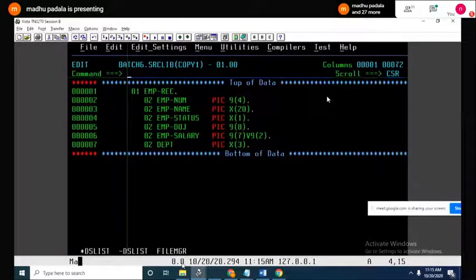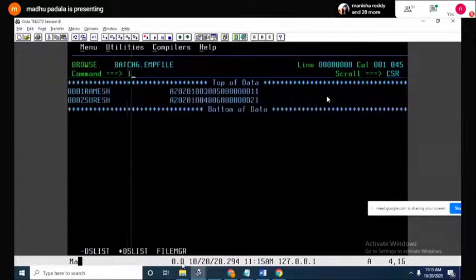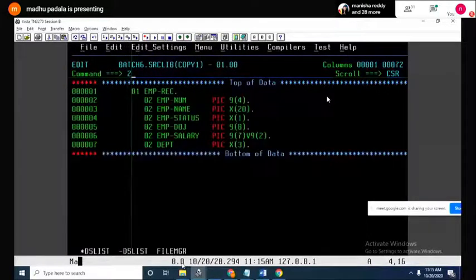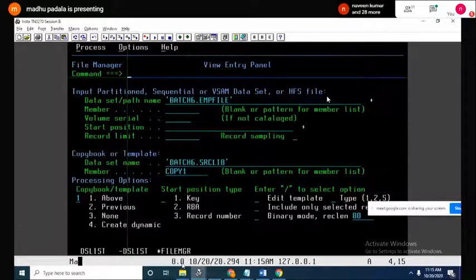So now I'm taking you to file manager where I show this file using this structure. So let me go to the file manager. Give the file name which you want to see. Give the copybook name, the structure name here.